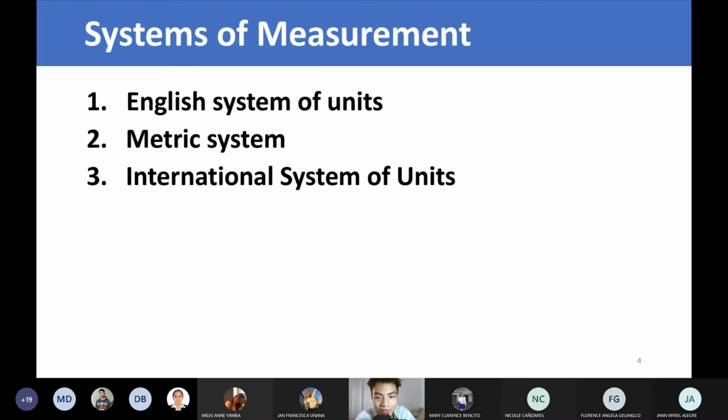Okay, so as a result, since the sizes of people were different, trade became chaotic, no? And they found it unfair, and then they rose up, together with other political opinions during that time. So there was the French Revolution, and one of the products there is the change from the imperial system to